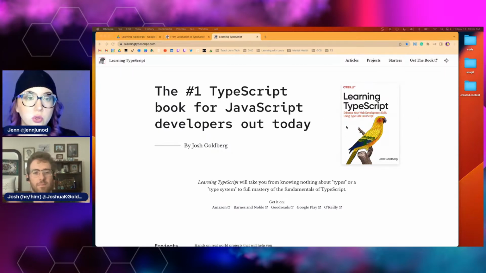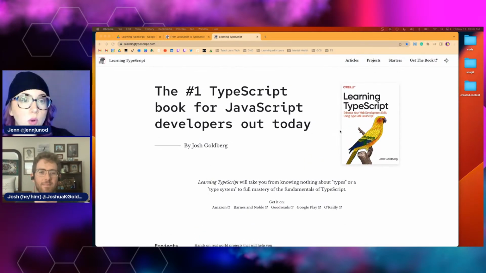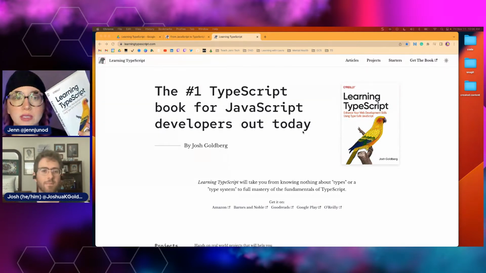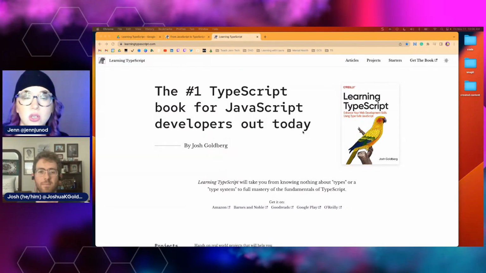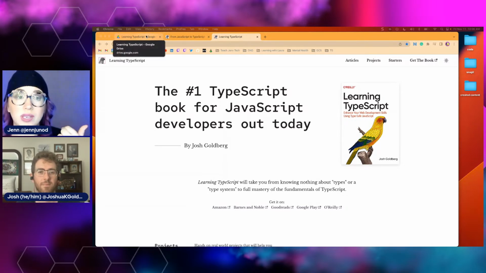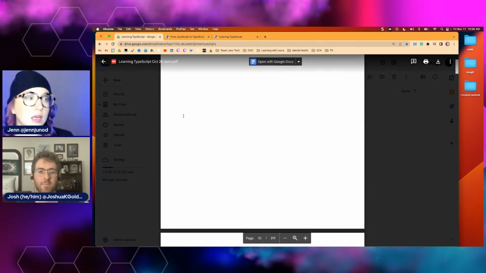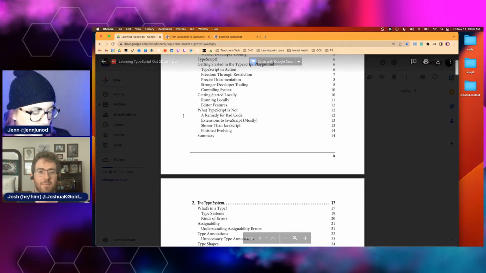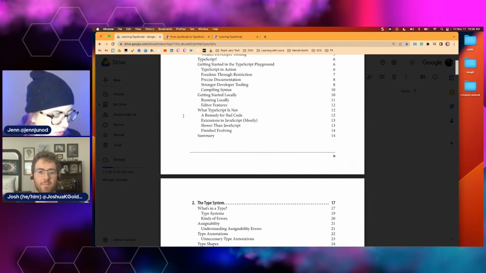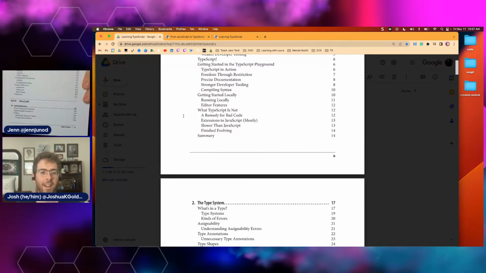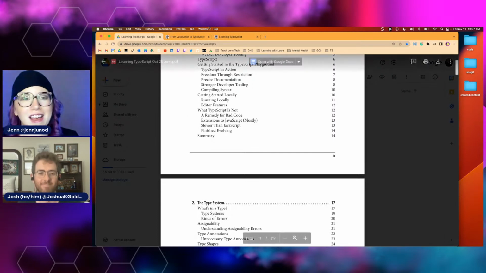So for those joining us, we've got TypeScript, Learning TypeScript, and the website itself. If you're wanting to go through this yourself, we'll be posting the resources there to buy the book, as well as your digital copy. I personally really like the digital copy because I can have the computer read out loud to me, but then also I can show you guys things. It makes it a lot easier. Josh, do you think people can read it if I just go like this? I think they can, and I think they won't. Yeah, so we like the digital version.